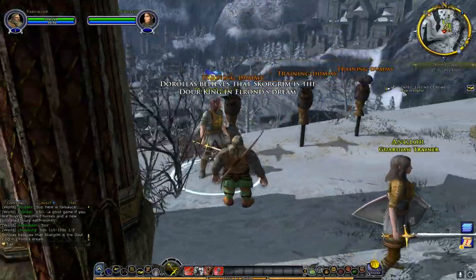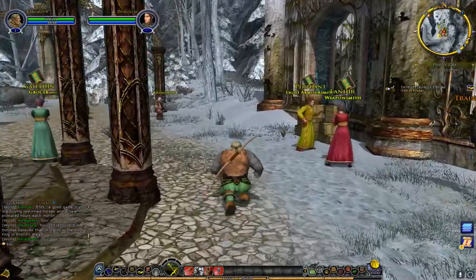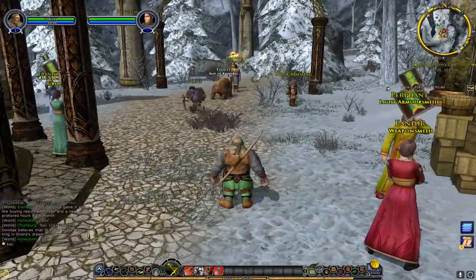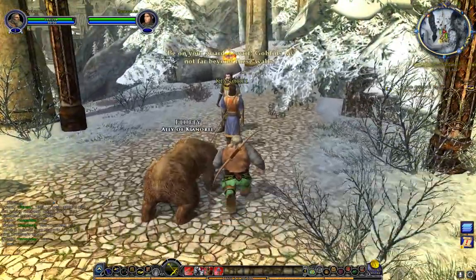You can see how small these things are. It makes it a little bit hard to read. When I'm looking over on the right-hand side, the quest journal entries, so...